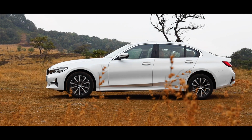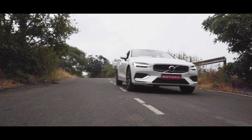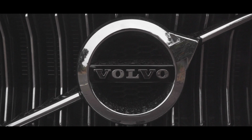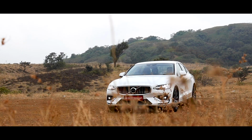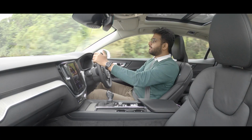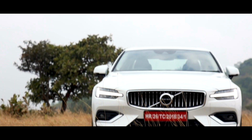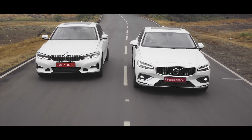However, the 320 LD isn't the only car out there with an impressive backseat. This one not only has a good rear seat, but also looks stunning. This is Volvo's answer to the BMW Gran Limousine. It is the Volvo S60 and it is here today because it is closest in terms of rivalry to the